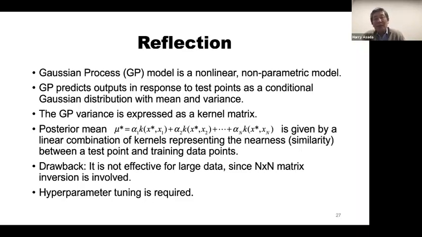So people devise some way of alleviating this problem. They do some kind of pre-processing. Some of the data points are basically grouped together, so the net data points used for training is reduced to up to 1,000 points, and then they do this training. Okay, and I did not mention some of the hyperparameter tuning, such as the length scale L